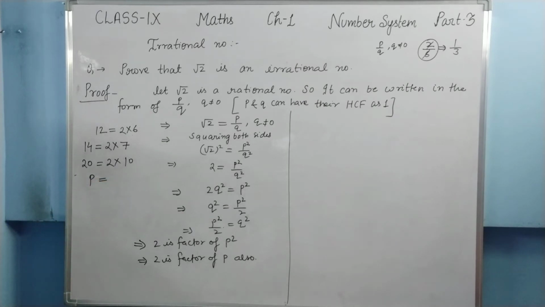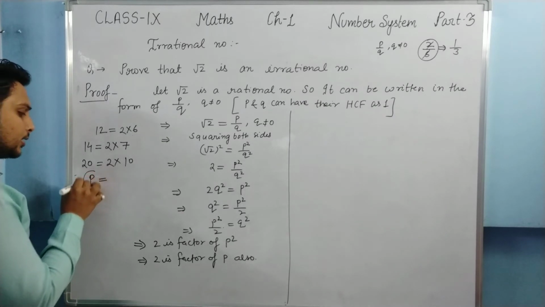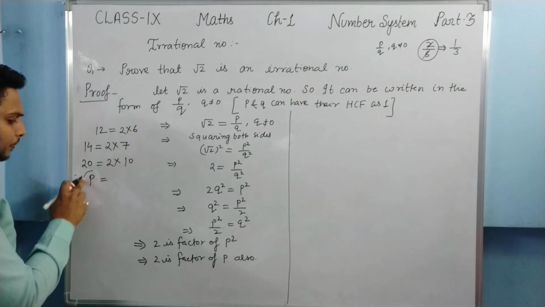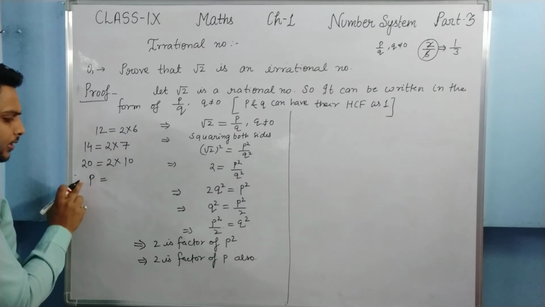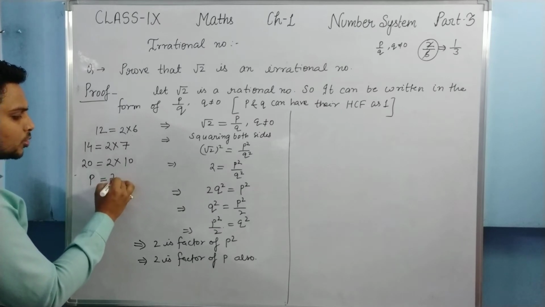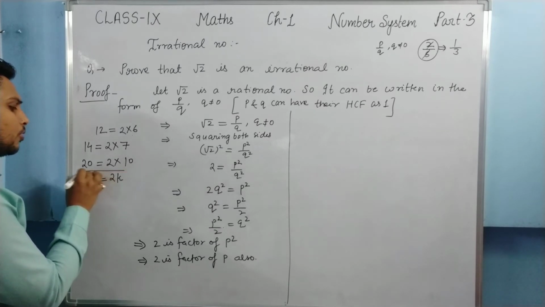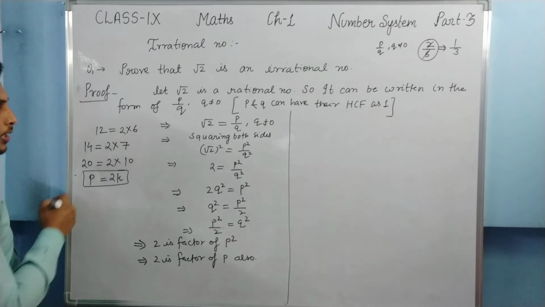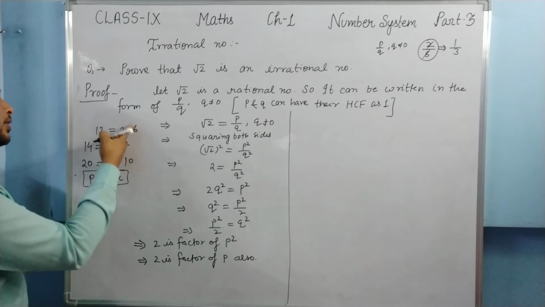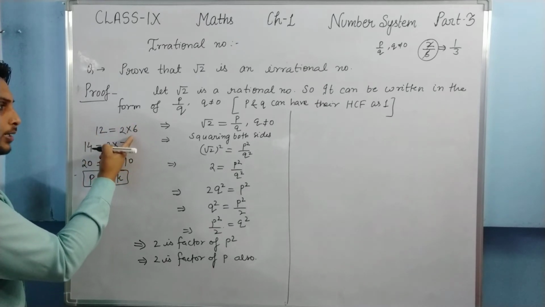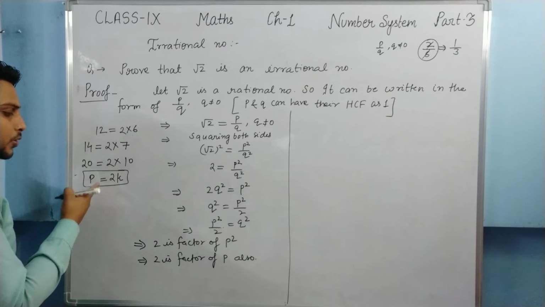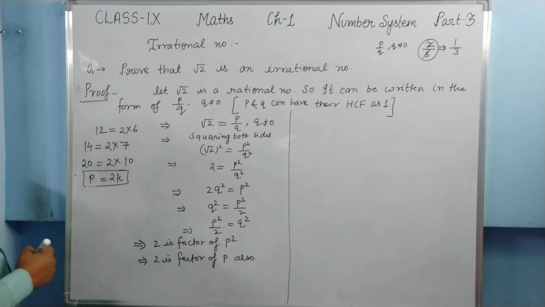But if P is any number, then how can we write it in the form of 2? In that case, since it is not a number, it is a variable, at the place of P, how can we represent this P in the form of 2? So we will take another constant as K. If there is any number at the place of P, we can write that number in the form of 2 directly by using the number. But P is what number? We don't know about that. So we will write P in the form of a constant.